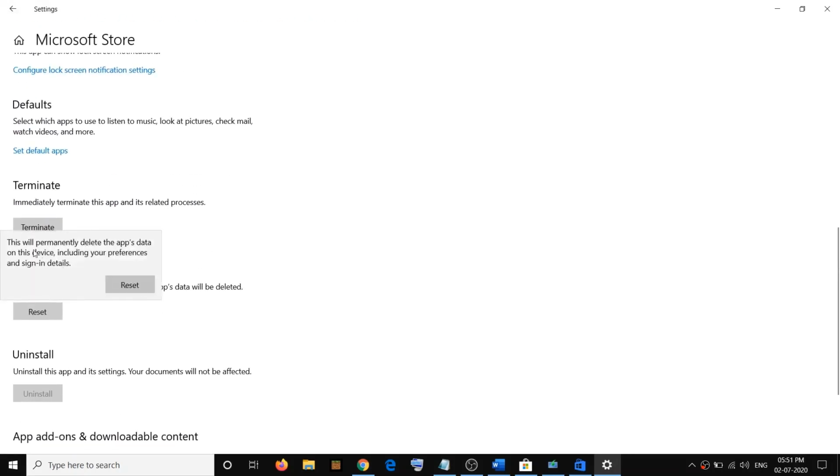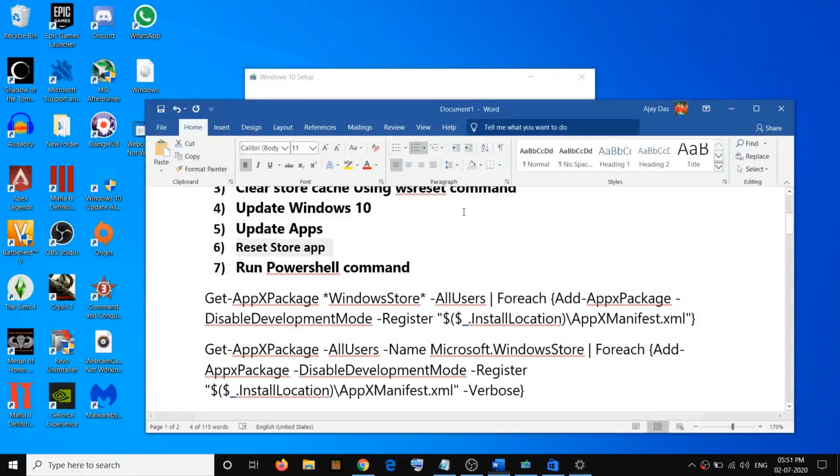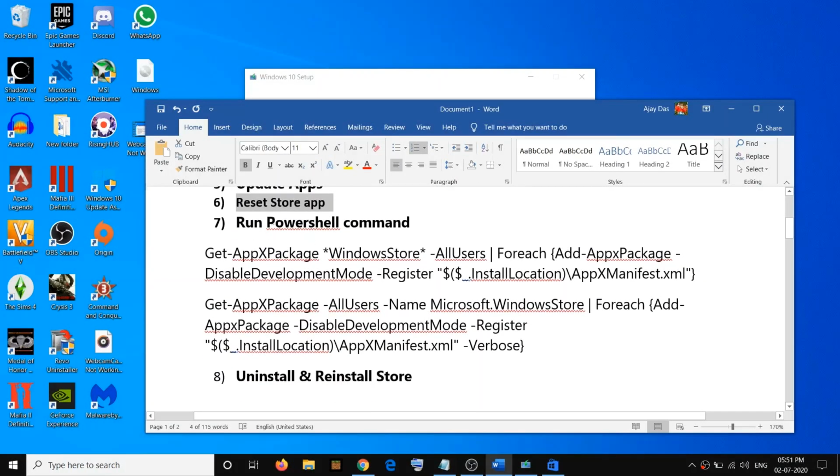Click on reset. This will permanently delete the app's data on this device, including your preferences and sign-in details, so you might have to log in once again. So click on reset, and after the reset close the settings window and then try to use Store and then try to download Roblox.